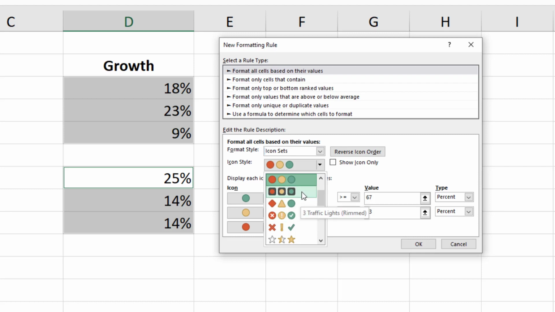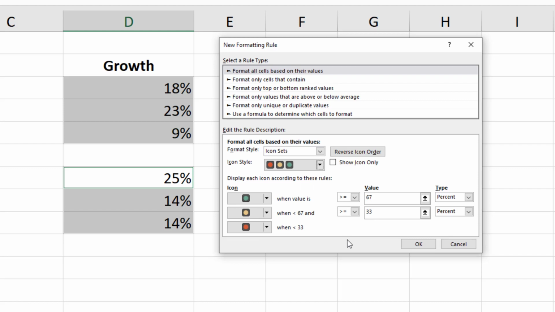So, 3 traffic lights rimmed, and now I can identify rules which are based on the values in my cells. Green is traditionally used for the best value. So, I'll leave the icons in the original order. And for any value that is greater than 0.2 or 20%, I will want to display green. So, I will go over to the green row, the top row, of the icons, and I'll change the type